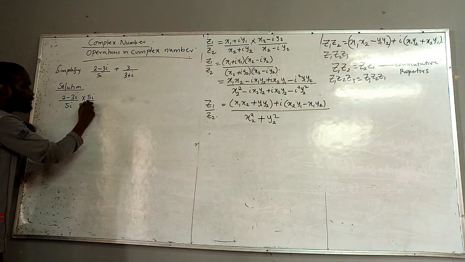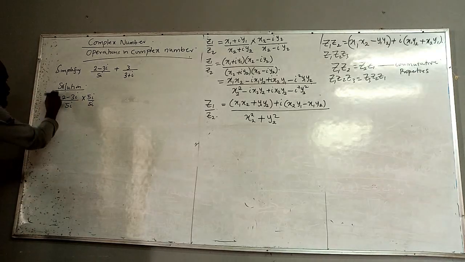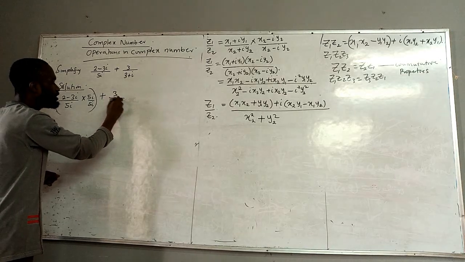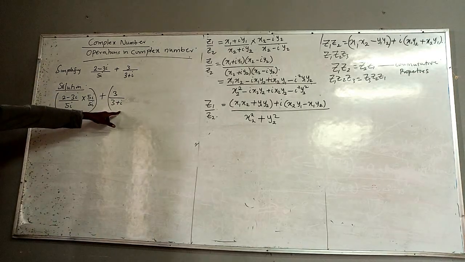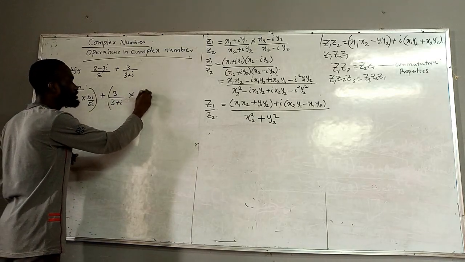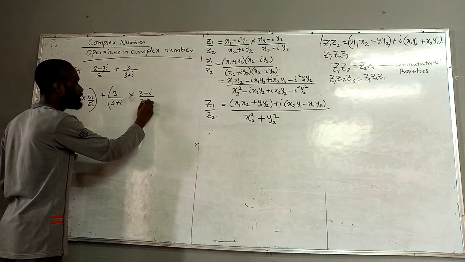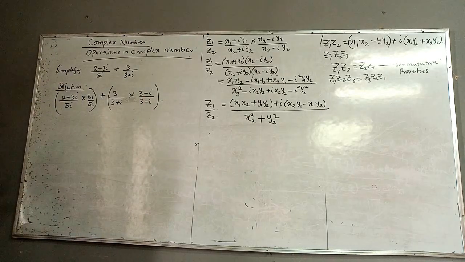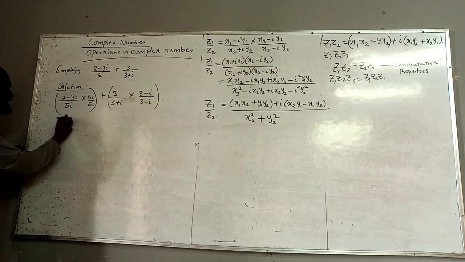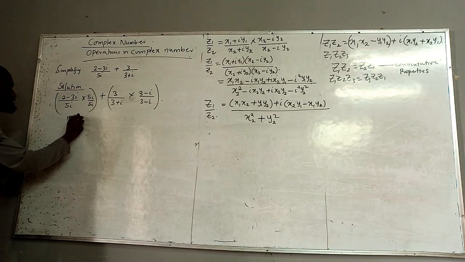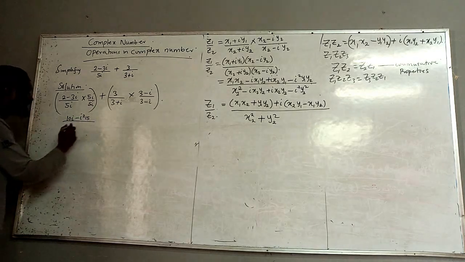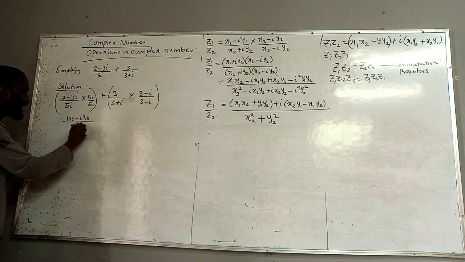Now if I want to rationalize this part, I will also multiply by 5i divided by 5i for this part, plus 3 divided by (3 plus i). Now this one I'm going to rationalize with the conjugate of the denominator. What is the conjugate? (3 minus i) divided by (3 minus i). Then if I do that, I have 5 times this, I have 10i minus 15i squared, divided by 25i squared,